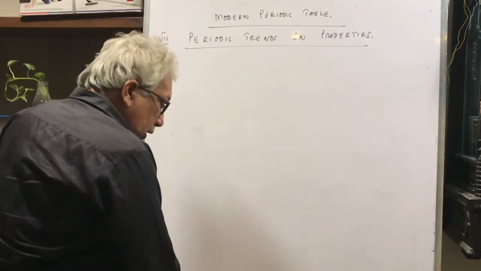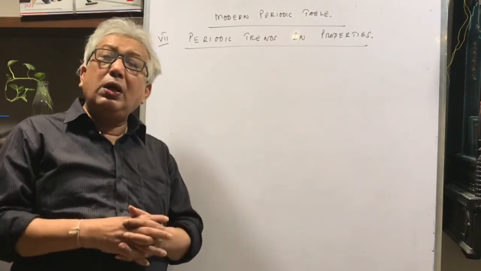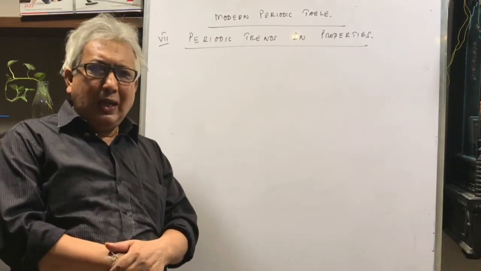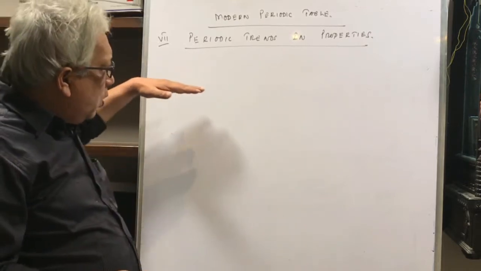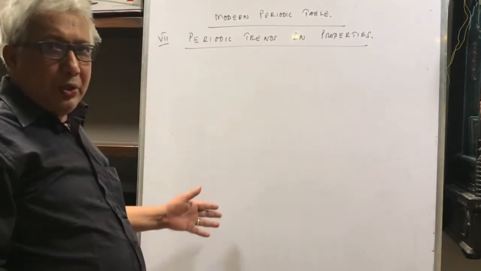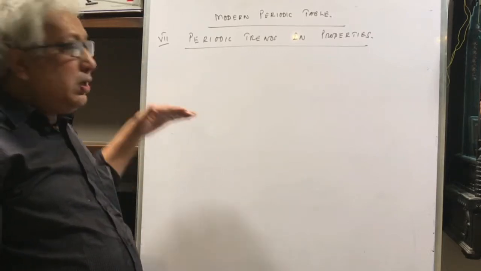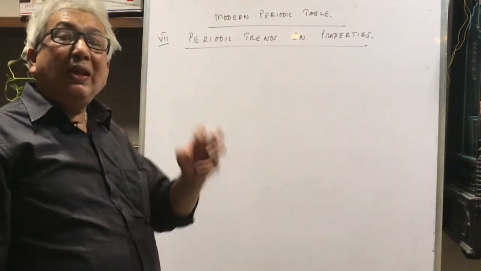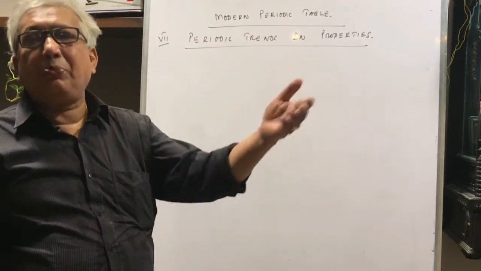I'll tell you, for the elements, the properties which mainly depend, directly or indirectly, upon the electronic configuration, or more with respect to the outermost electronic configuration, and they follow a particular pattern of changing as we go across a period or as you go down a group. Such properties which change in a regular pattern across a period from left to right and down a group from top to bottom are called periodic properties, and we would like to see the trend in these periodic properties.